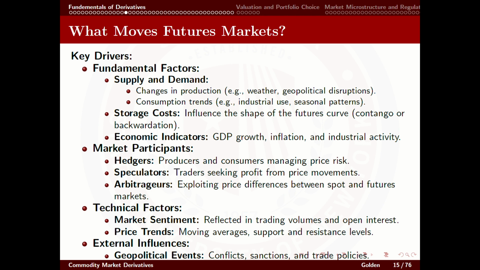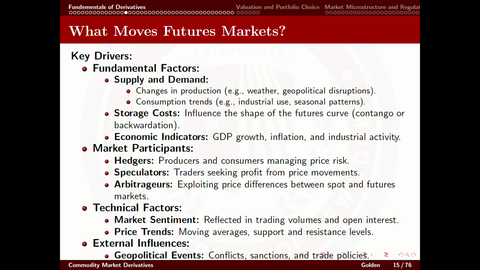But if everyone's storing this thing and there's no supply of storage, now it's very expensive to store the commodity, and you're going to see low short-term prices and high long-term prices. You're going to see a very weird futures curve, like what you saw with the negative oil prices a few